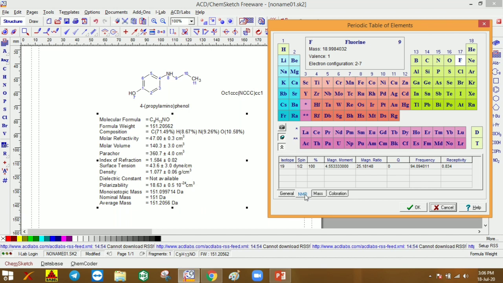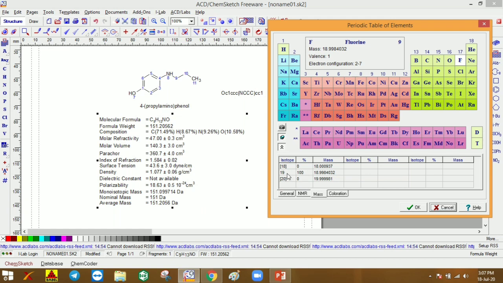NMR also it is giving the spin value. For fluorine the spin is 1/2, and isotope 19 we are using in NMR. Its spin value is 1/2, 100%, magnetic moment 4.5533, magnetic ratio 25.18 to 418, and frequency, receptivity and mass we can observe.